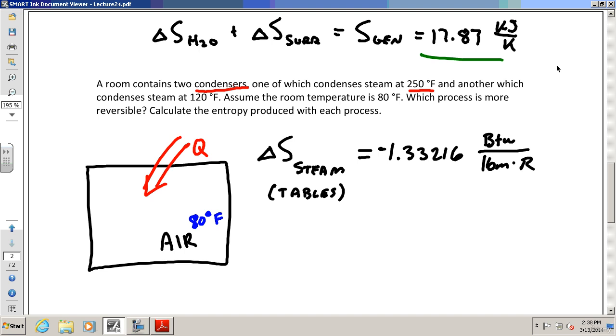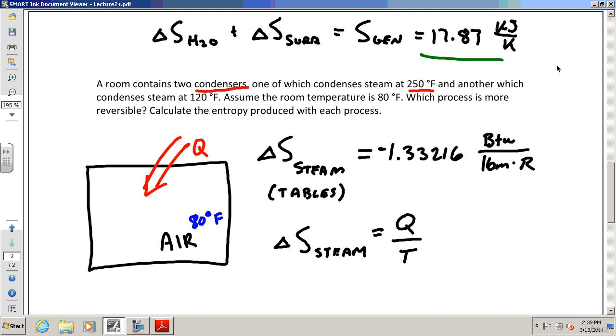Okay, here's the other question then. There's another way I can do this. I just thought it'd be interesting to show you this. There's another way I can do this, and it's actually kind of helpful for the other part. The other way I can do this is I can say this. The change in entropy of the steam is equal to, hold on a second here, Q over T.